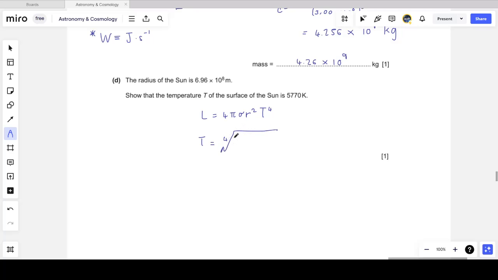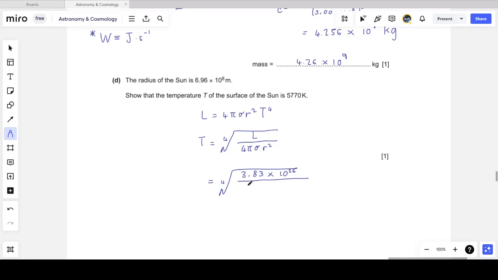I know that many of your calculators will not have the fourth root symbol, so you're going to have to use the power of 1 over 4. The fourth root of L divided by 4 pi sigma r squared. I prefer to do the algebra first and then the arithmetic. So if I put my values in, this is the fourth root of 3.83 times 10 to the power 26